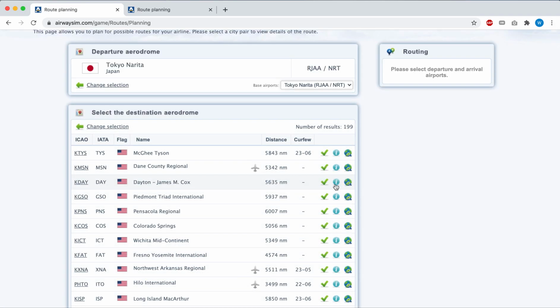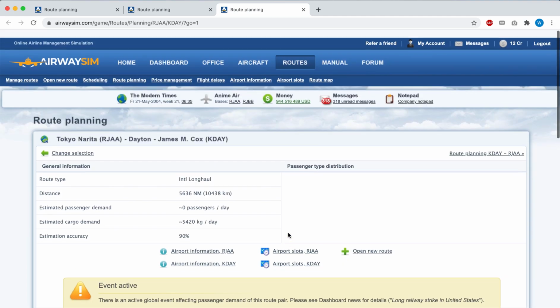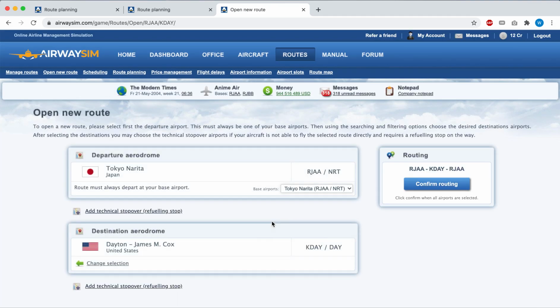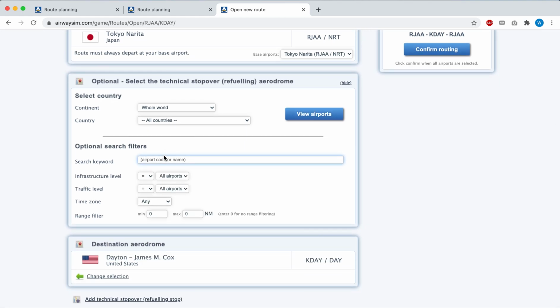Yeah. With that in mind, I think I should open this route, because some of it's going to pull from Narita, some of it's going to pull from its own catchment area. So we should be able to get some decent demand here. And I don't think it should affect our Cincinnati route too much. So let's go ahead and...